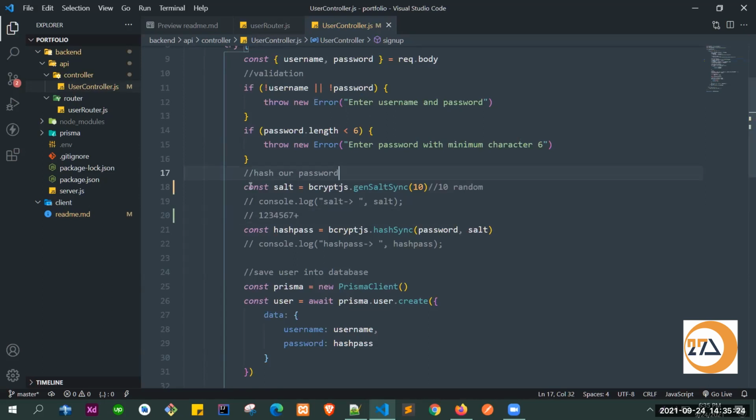In our case, it will give you a random string using this salt function. Let's say our user password is 1234567. Now it will attach this salt, a random string, with our plain password. After that, this will become unguessable. They can guess the plain password, but they can't guess the random string. That's why we are generating salt, to make our password more secure.